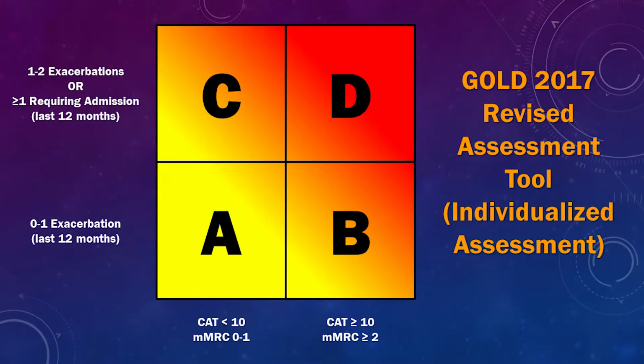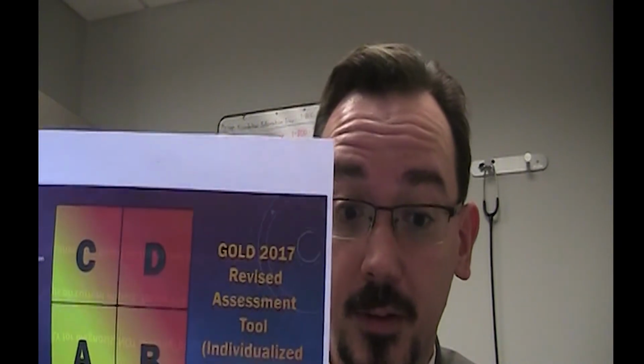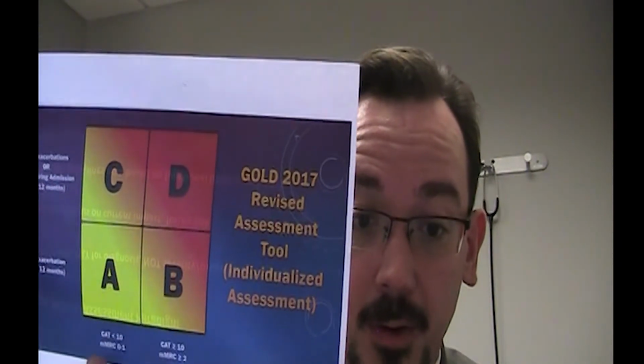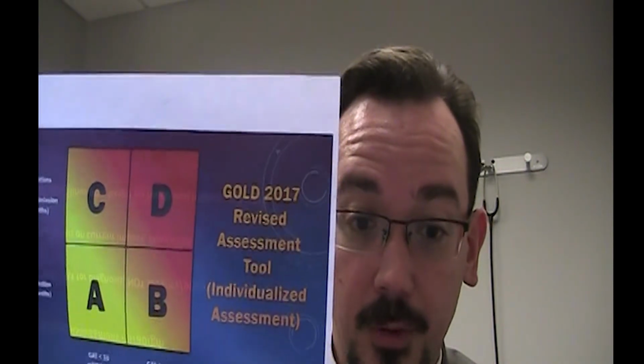And so just last November, just in time for the last World COPD Day, GOLD came out with what they call their revised assessment tool, which looks more at your history of exacerbations, how many symptom flares you've had, particularly that require hospitalization, and looked at that along with your symptom burden. We like to use the CAT. There's also another scale called the Modified Medical Research Council Breathlessness Scale, which is also on the pocket guide here.